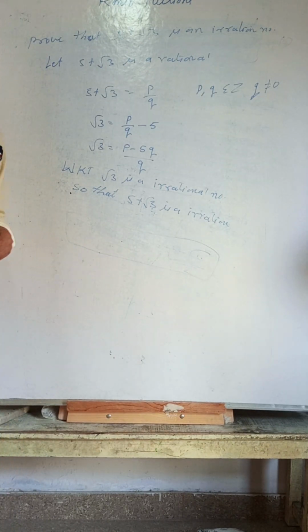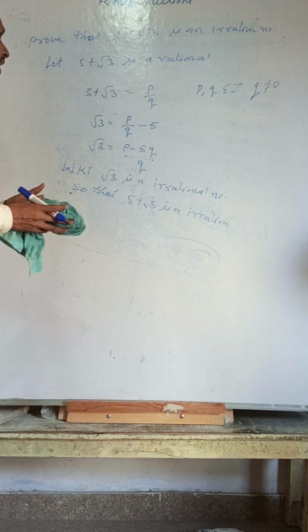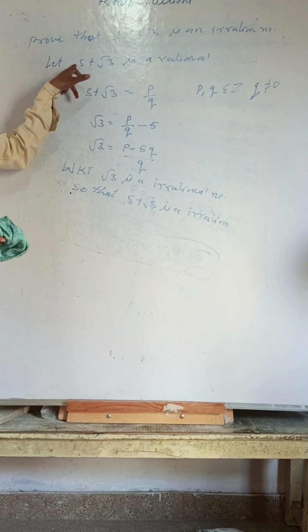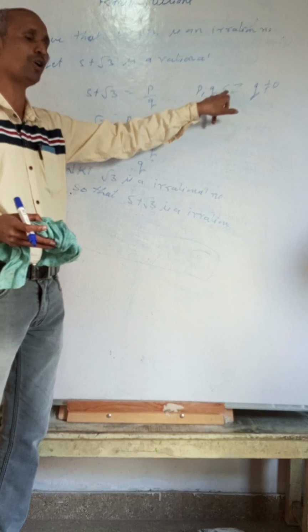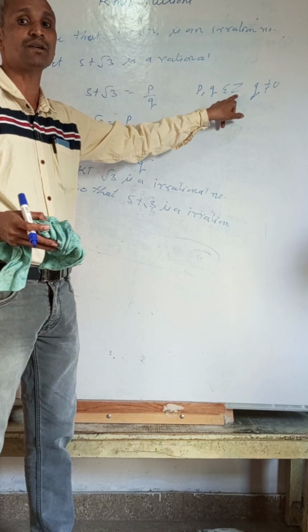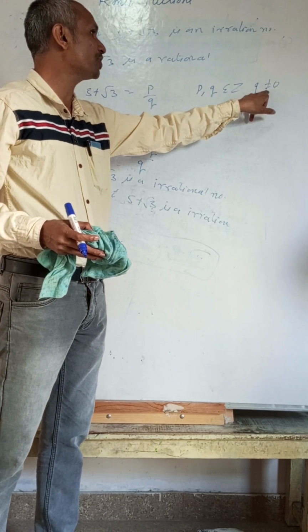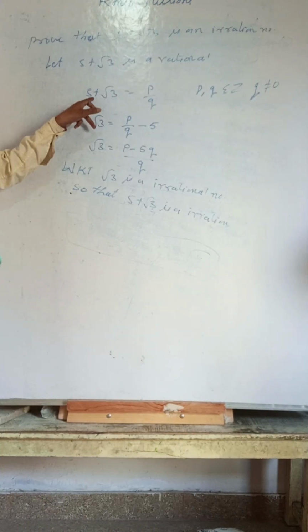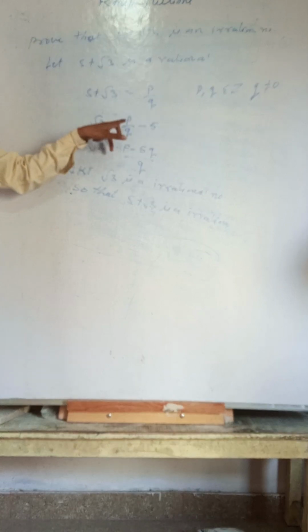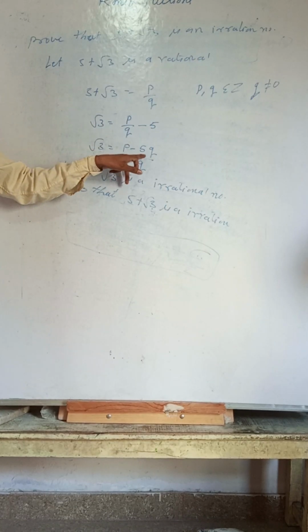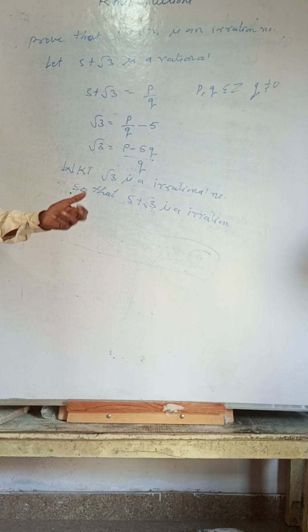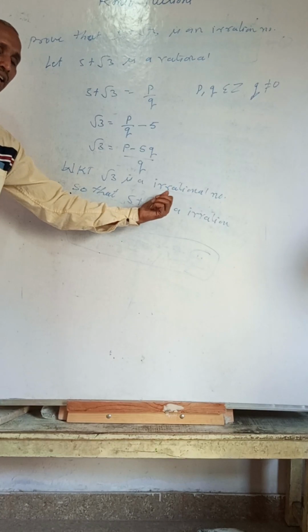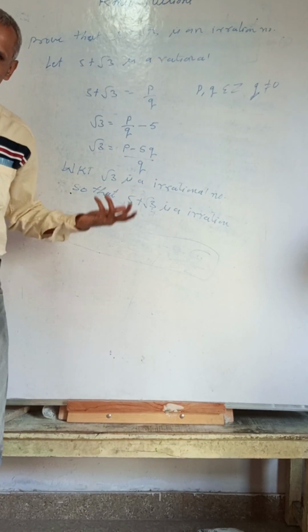Like that, it is for 2 marks or 3 marks, whatever marks are given in the exam, you can write it. I hope you understand. Let 5 plus root 3 be a rational number, then you can write it as p by q, where p and q belong to Z, that means integers, and q is not equal to 0. Taking 5 to both sides, root 3 is equal to p by q minus 5. Taking the LCM, p minus 5q by q. Root 3 you already know is an irrational number, so the given number will also be an irrational number only.